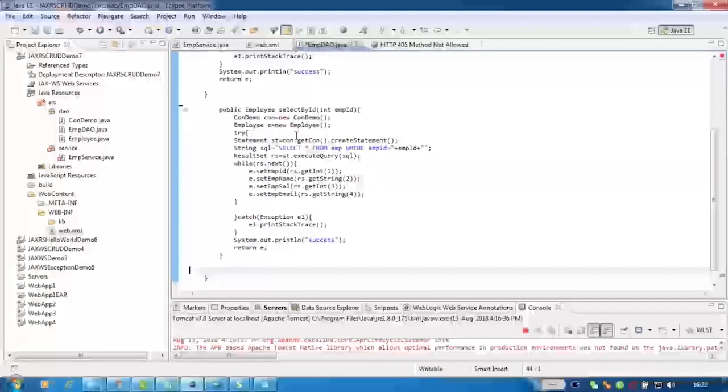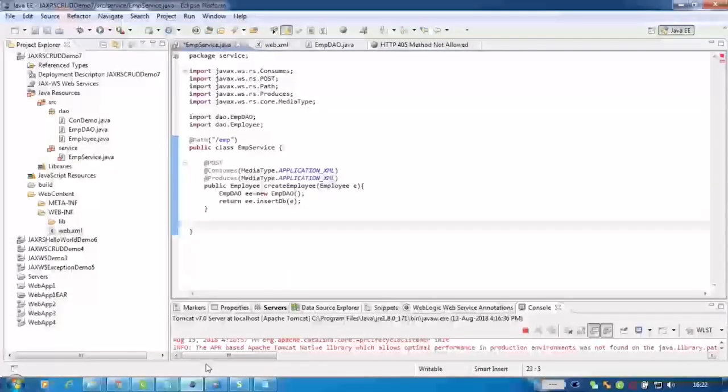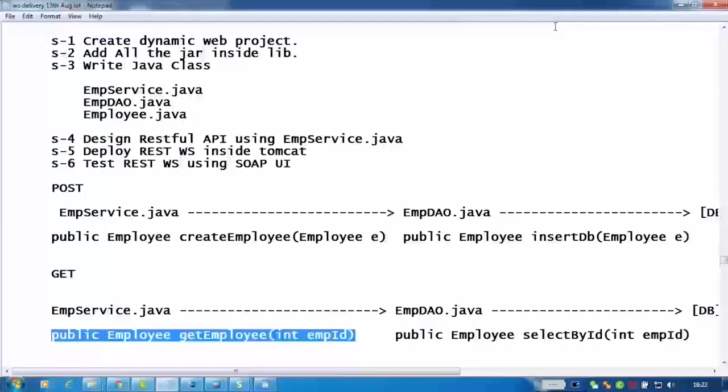So if it is going to return the complete row based on employee ID, then I have to call it in the service layer. So in the service layer also I should write another method that is going to return the complete row. So what is the name of the method in the service layer? This is the name of the method in the service layer. You have written Control C, Control V, right? This is done. Now